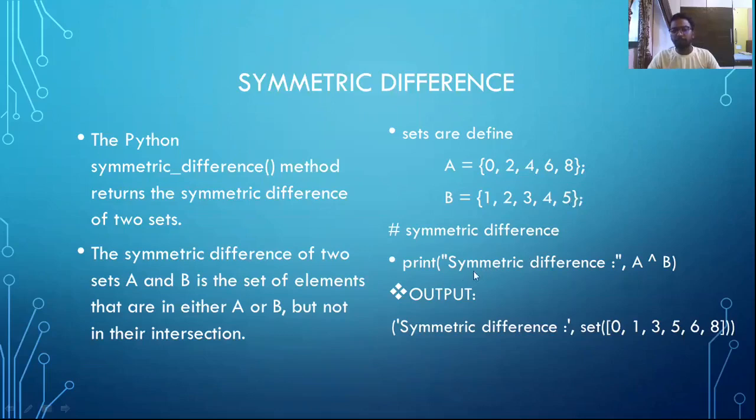Hence, while printing the symmetric difference, the output will be 0, 1, 3, 5, 6, 8. The common elements from both will be ignored.